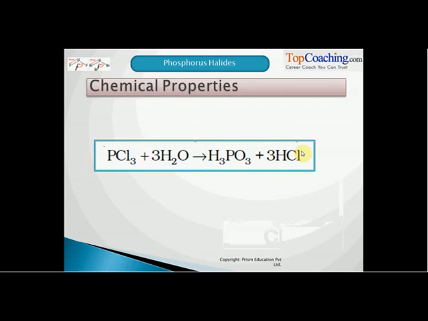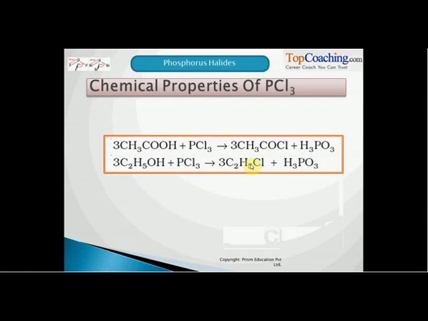How about the chemical properties of phosphorus chloride? It reacts with water, or hydrolyzes in presence of moisture. So basically, when something reacts with moisture and converts to another form, we say it has hydrolyzed. It has performed a reaction with water. So phosphorus chloride in presence of water gets hydrolyzed to give phosphorous acid, right? It also reacts with acids to form the chlorides of those acids. And this chemical property of phosphorus chloride is used in chlorination of compounds.